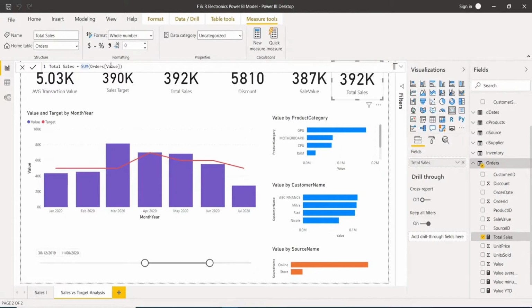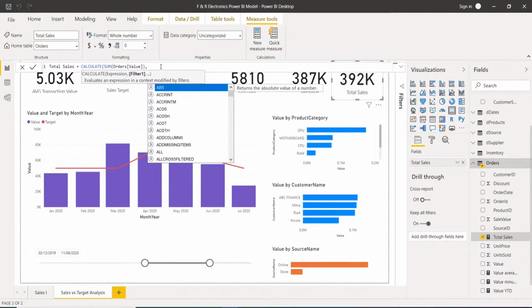All right, so continuing on, we're speaking about doing a DAX with a filter attached. So when we add the calculate function, the expression is the sum of the value column in the orders table. But when we use the calculate function, it gives us this option by pressing the comma, or in some cases the semicolon,